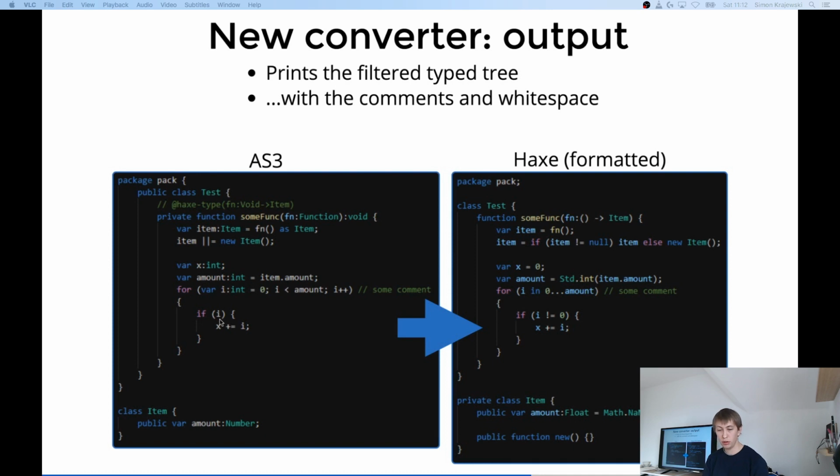And we convert this to nice Haxe code with a proper function signature instead of just an untyped function. We strip out this downcast, because now when we know that the function returns an item, we don't need this downcast because there's no way the function can return anything else. So this works. We of course also rewrite all the unsupported things, and one nice thing is that the converter removes the redundant type annotations,